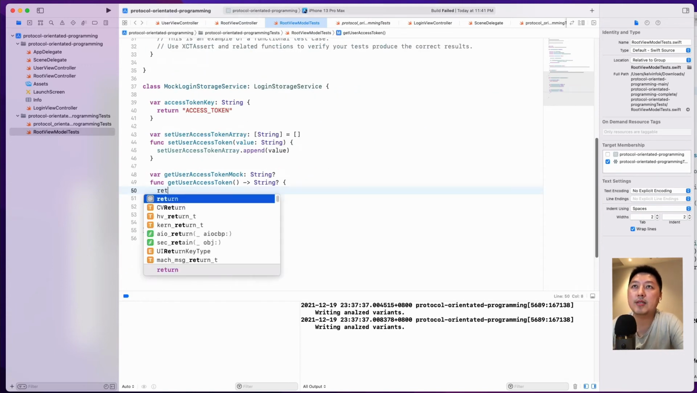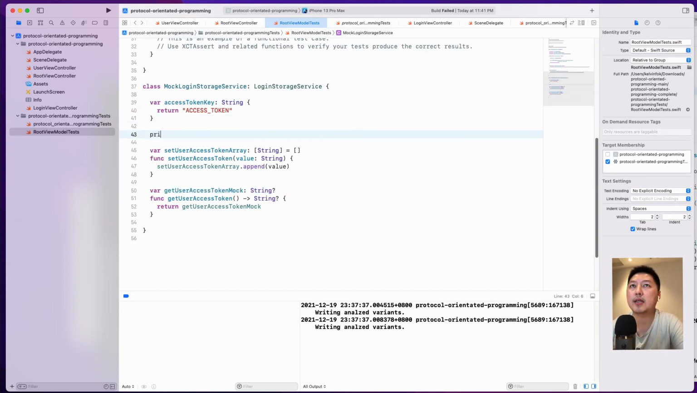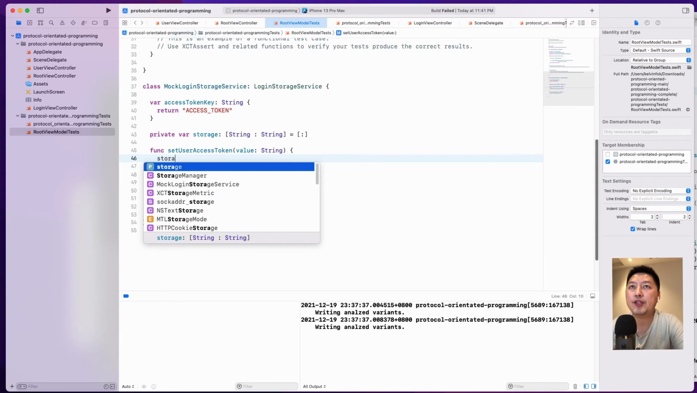So I can say return get user access token mock. So this allows me to... okay, should I do it this way? Maybe that's not a good way. Let's do it this way instead. Private var storage, and this will be of type string to string, and I'm going to make this an empty dictionary. Okay, so I think a better way to do this would be, maybe I'm going to do it this way. Storage